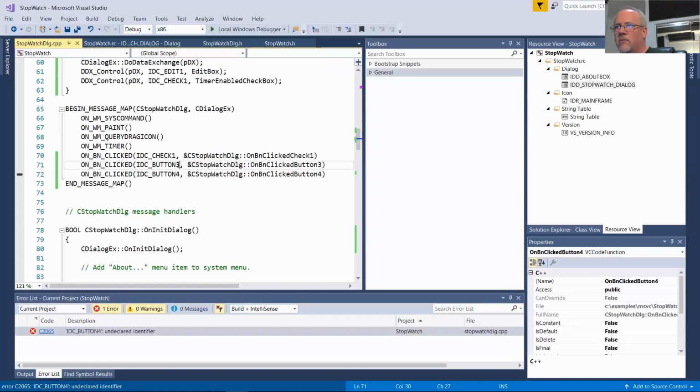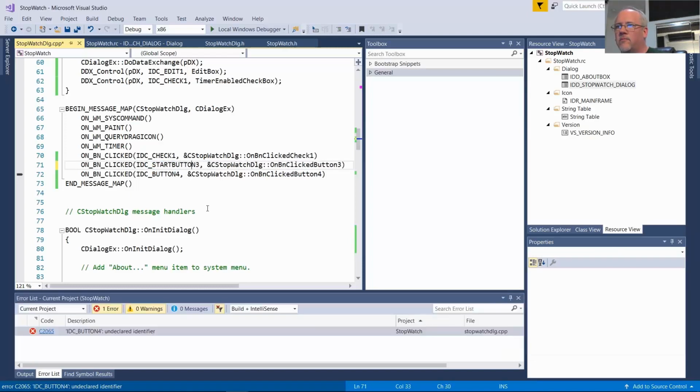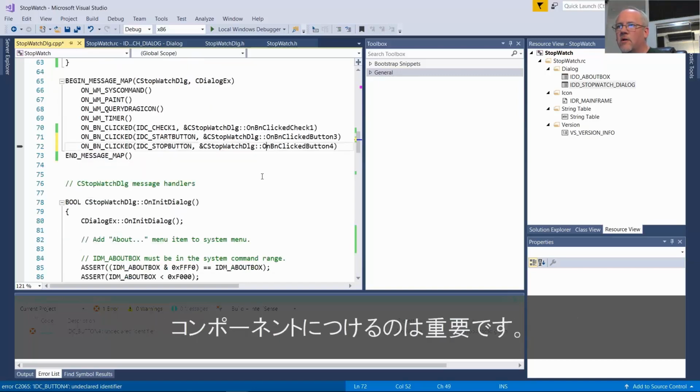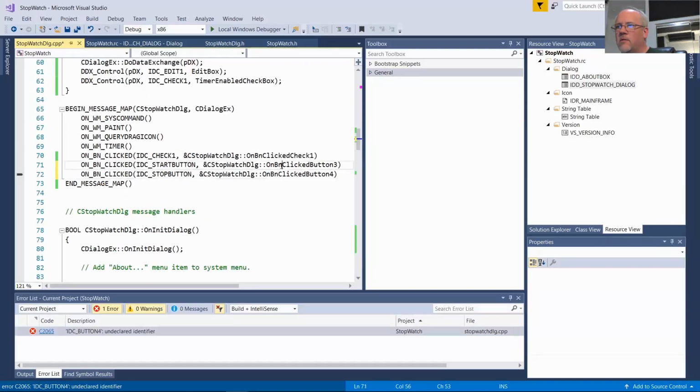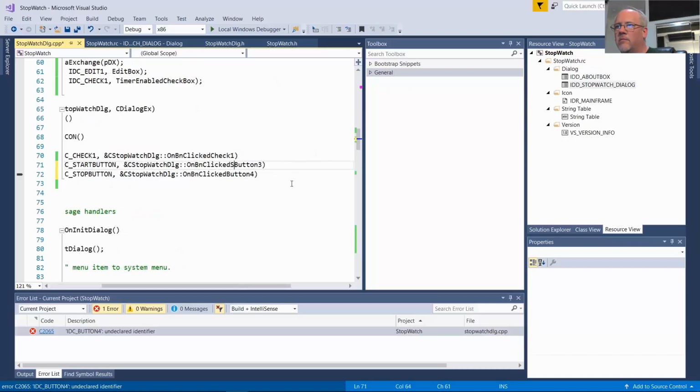So we really want this to be the start button and the stop button. You can see it's pretty important to name your components meaningfully the first time before you start creating events. So on button clicked start button.